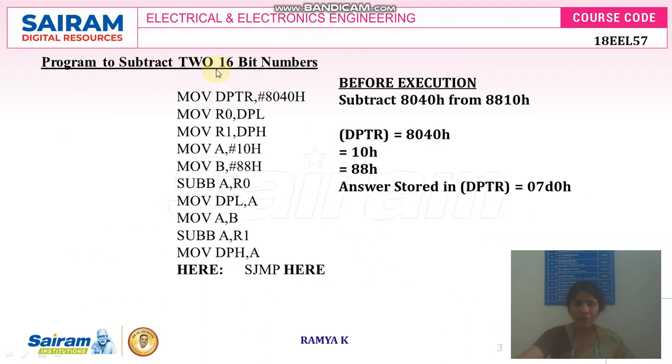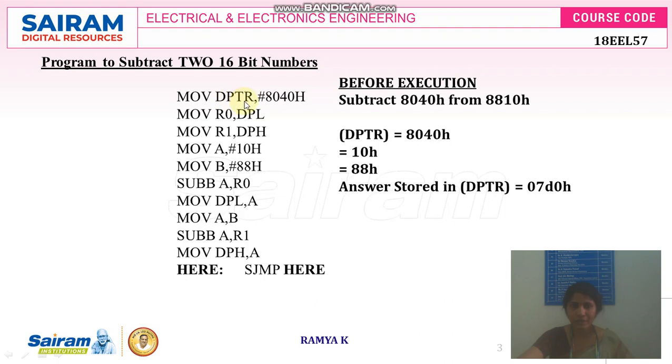So this is the program to subtract two 16-bit numbers. Since you are going to subtract two 16-bit numbers, the numbers need to be stored in your data pointer. You can use any type of addressing mode to store the data. In this program, I have used the immediate addressing mode to store the data in the data pointer and in the accumulator and B register. The data to be subtracted, 8040, is stored in the data pointer,